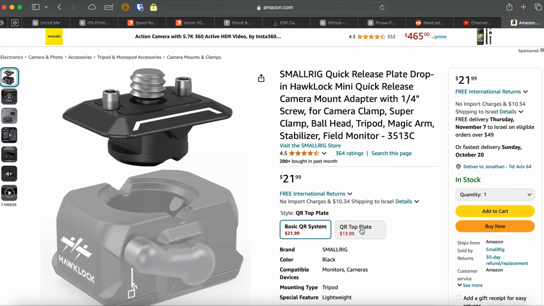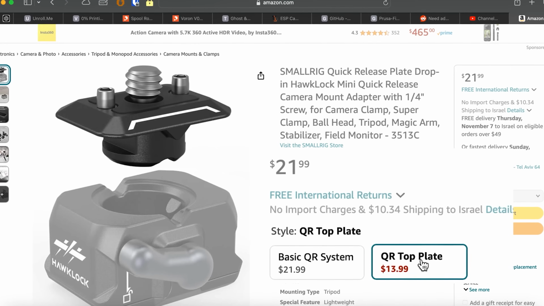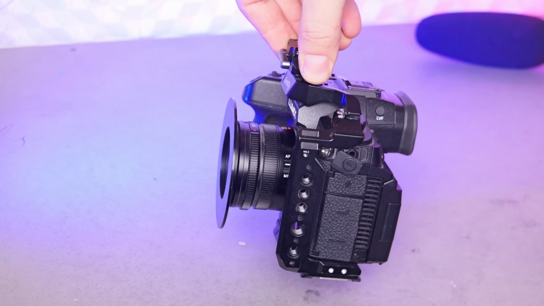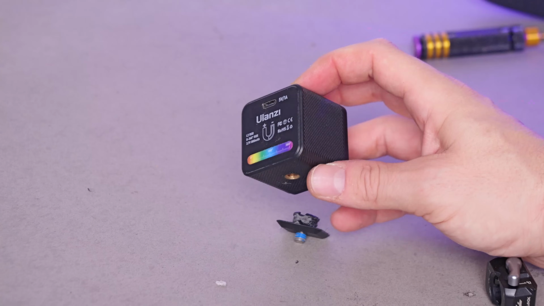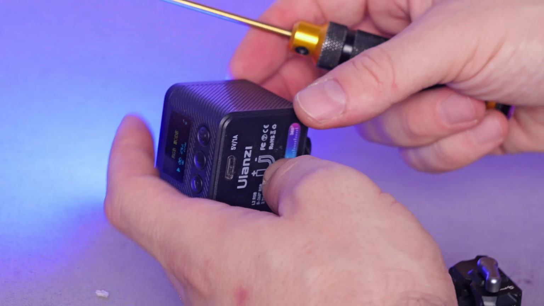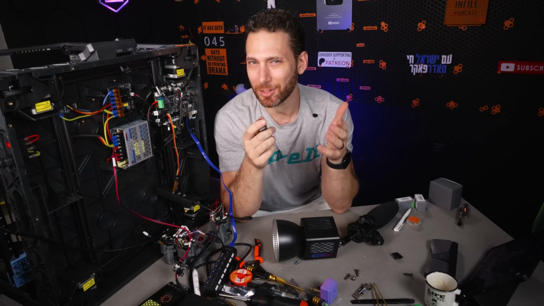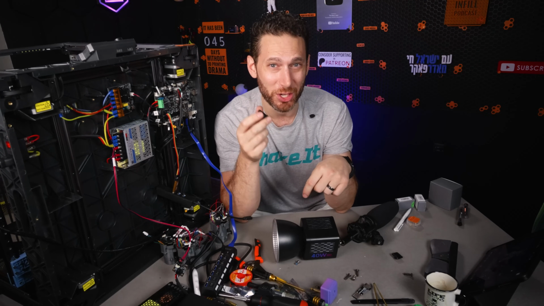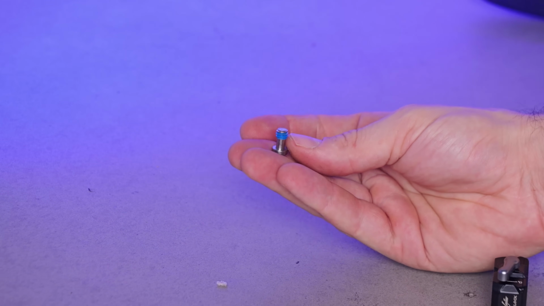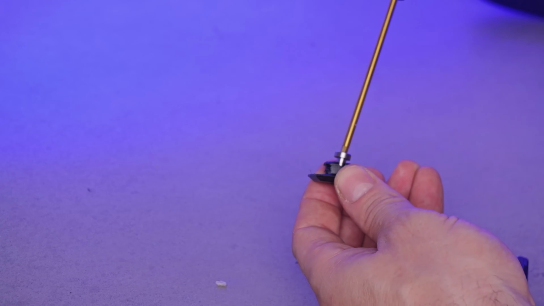$22 plus shipping for a complete set is honestly completely fair, but then each little additional plate is $14 plus shipping. Now that's well worth it for suspending a $2,000 camera overhead, but I have over a dozen little LED lights that themselves barely cost $14. And call me cheap, because I am, but I'm not going to spend $140 just on top plates for my lights and microphones. Fortunately, I did realize that I can just order very small 1/4" 20 hex screws from AliExpress